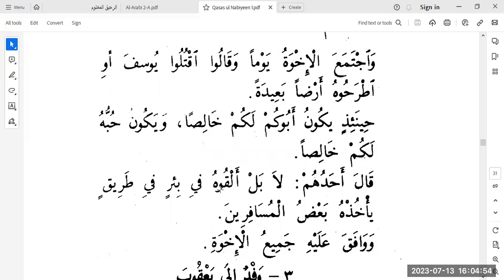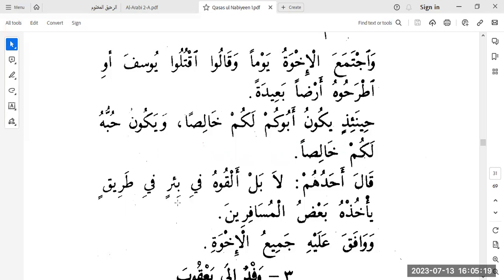So from it, the pattern of the masdar is if'al, right? We have aqbala, the masdar will be iqbal. Aslama, masdar will be Islam, right? In the same way, we have alqa yulqi, right? This is the verb. Alquhu, but throw him